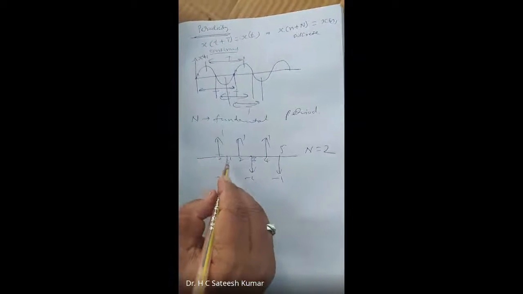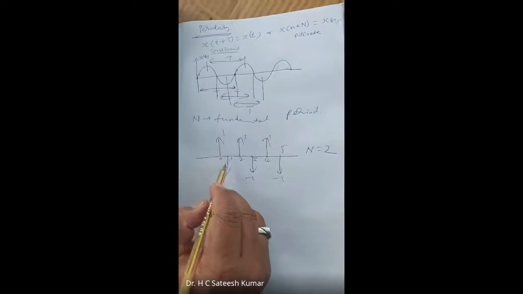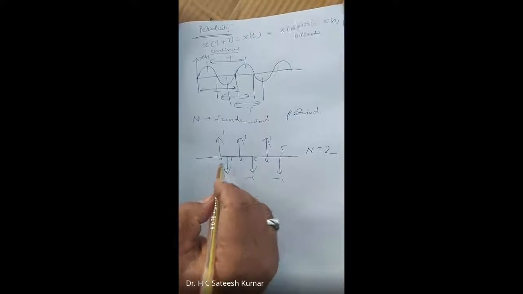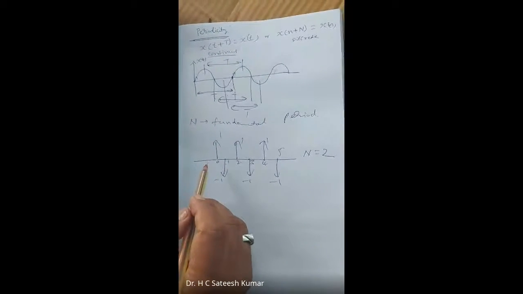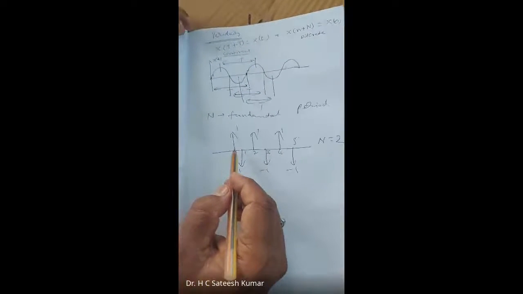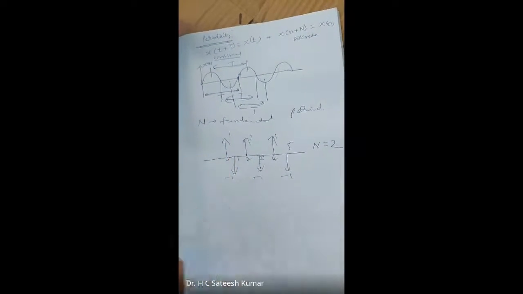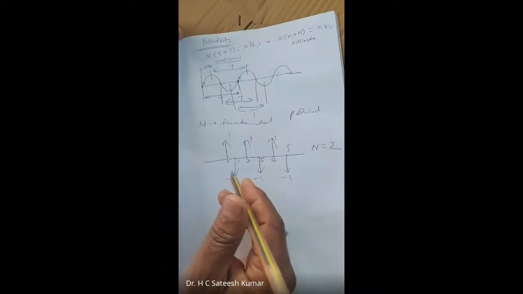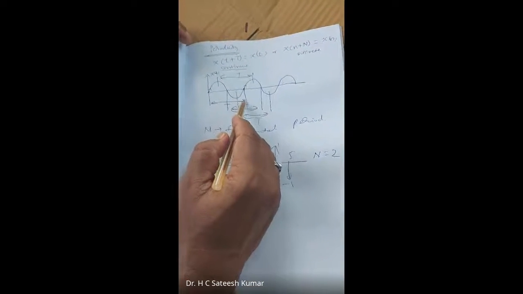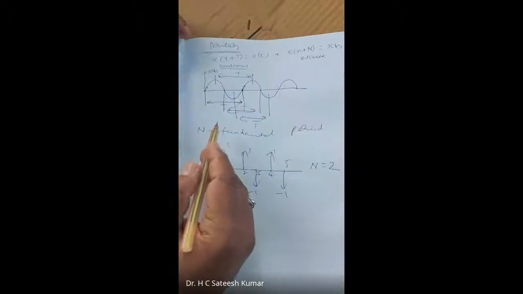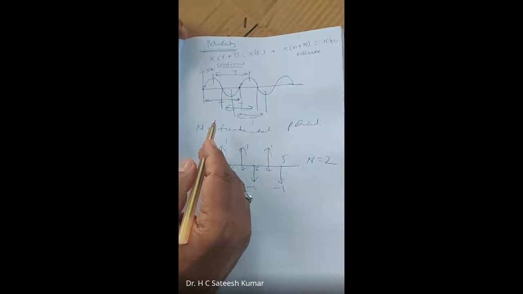So by observation only, we can understand that 1, 2. Don't measure the time period here. Instead, now count the number of elements. That means if I say period is 5, after 5 elements, it is repeating. That's the meaning of it. Here in case of a continuous time signal, after the interval T, the same thing is repeating. That's the meaning of periodicity.